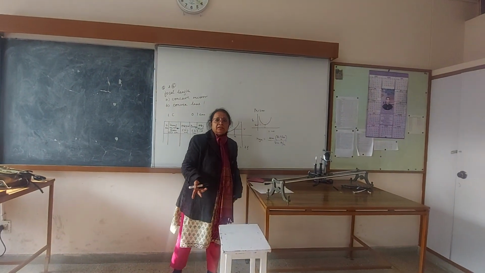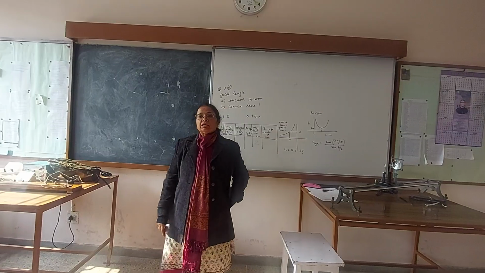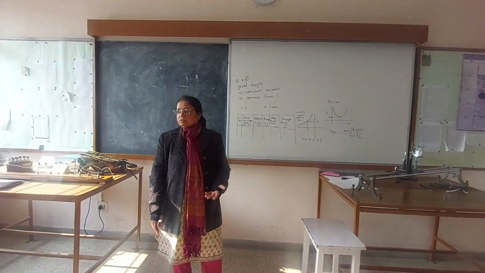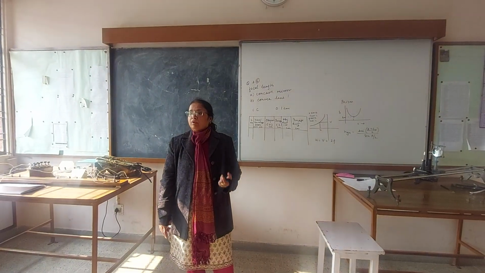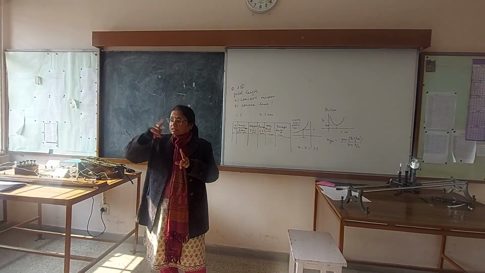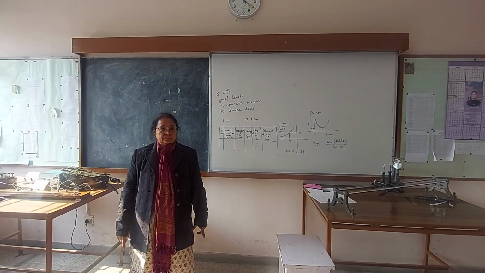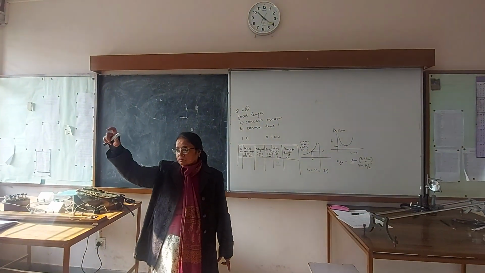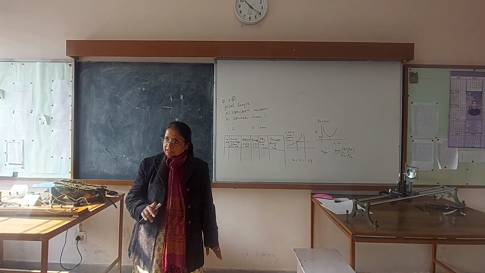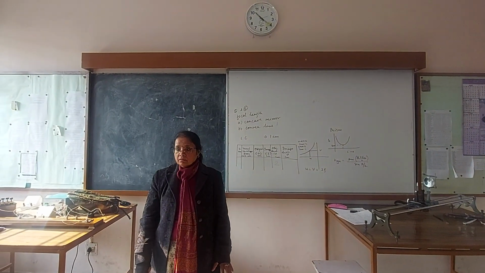Then last is the PN junction diode. PN junction diode, you don't have anything to do. Circuit is already connected. Just have to take the readings quickly and plot the graph. On the same graph, you will plot forward bias, reverse bias. Change the scale on both the quadrants. Write down the scale of quadrant 1 in the first quadrant, quadrant 3 in the second quadrant. Okay? Okay, I'm done.